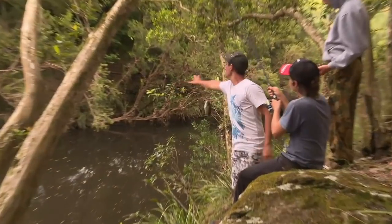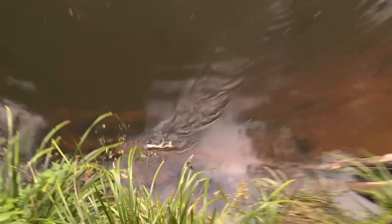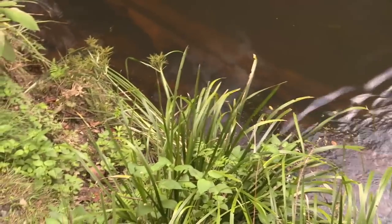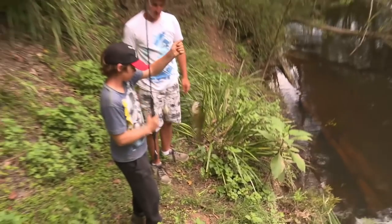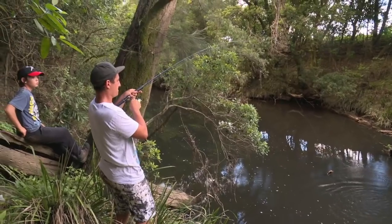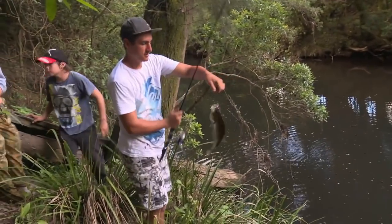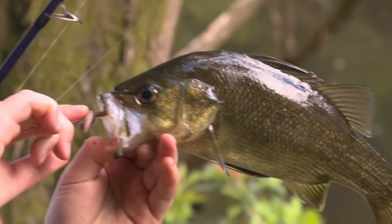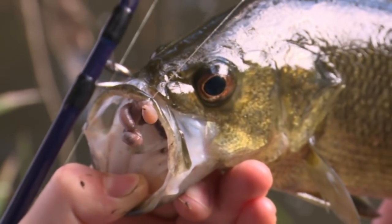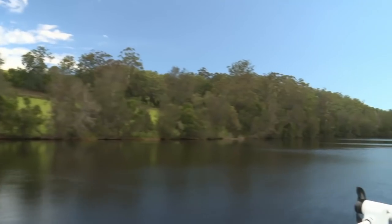And while I persevere with my lures, even the kids win with worms. Yeah, beautiful. It's a great lesson in local knowledge. And this is one live bait situation where you don't even need to rebait your hook between catches. It's the kind of success that has us wondering, if it works so well upstream, how will it work with